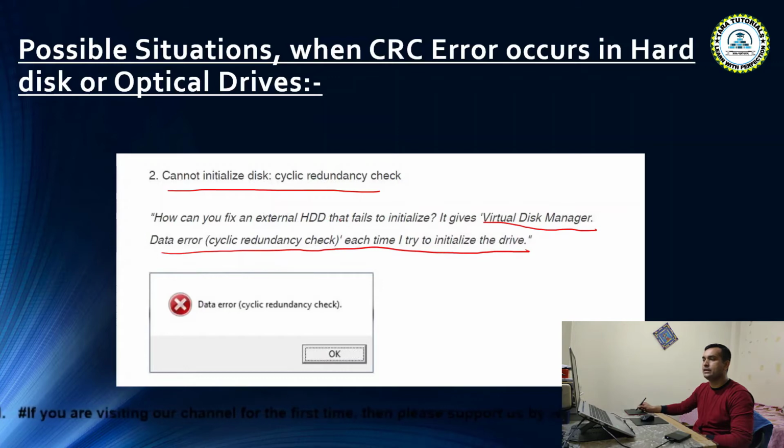This is a complaint written by one of the users. You get an error message like this: data error, CRC. In this case, you won't be able to access the disk in Windows Explorer. So here you have to apply different methods, which I will explain in the next page.